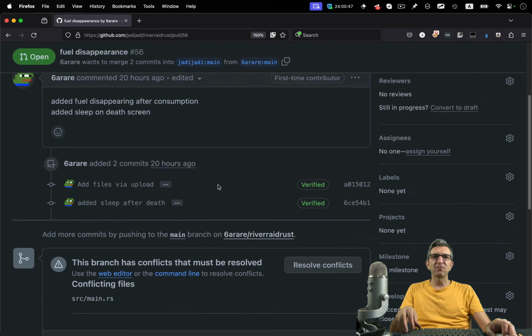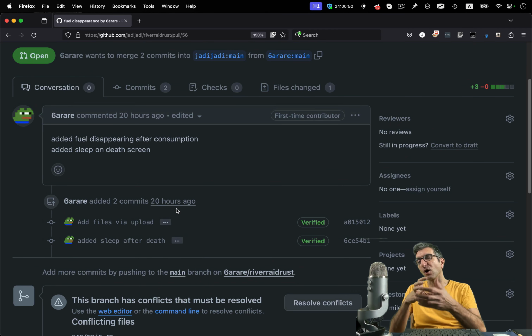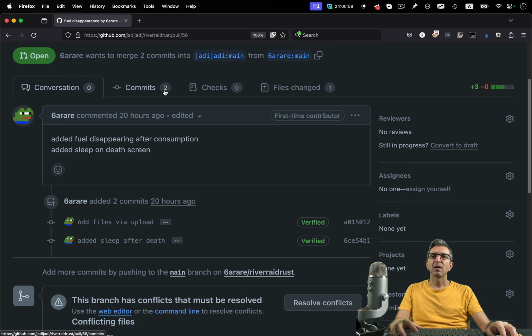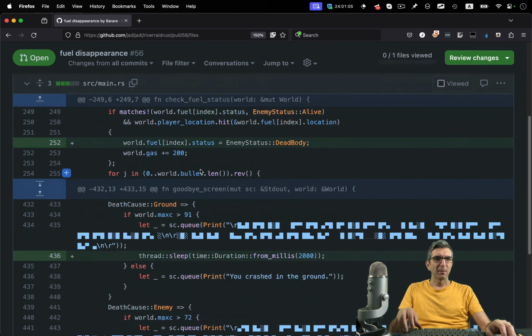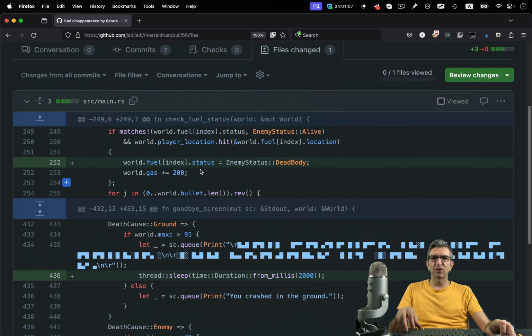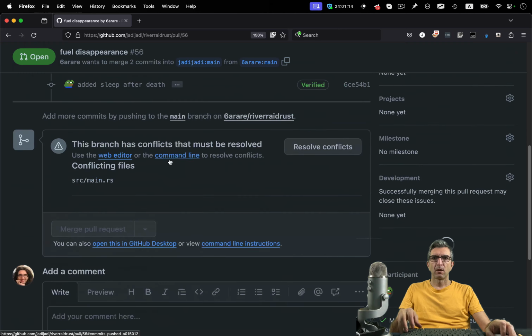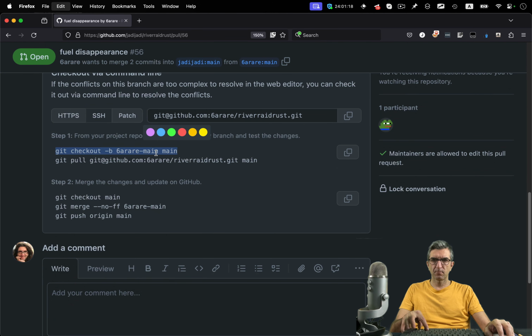But now everything will have conflicts because these are done in other files and should be redone based on the new method. So if you're following the project and you have some pull request, please redo it based on the latest code. But since this is very straightforward, I can add them by myself. So I will go to the conversation and check them manually.